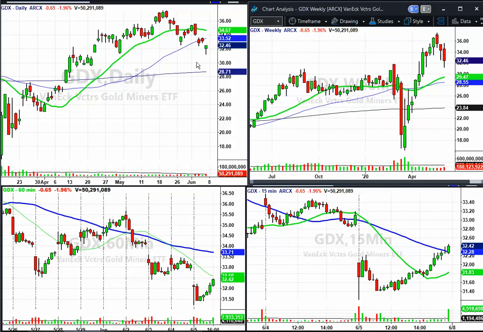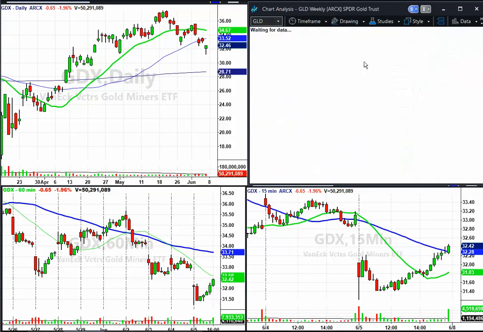Okay, it could come down, take out that area, turn right around, go back up. Well, then you can get back in. Otherwise, if it breaks through that, it's got a nice void where it can move easily down to $23 a share, way down here. Okay, 24, and that's a flat 200-period moving average. So if you get in, typically my stop would be in that same area. Let's look at the GLD.